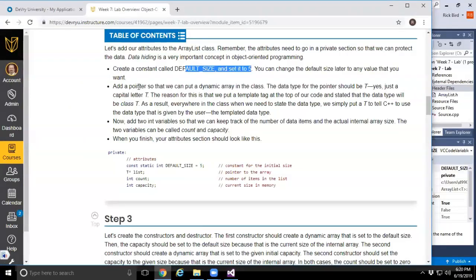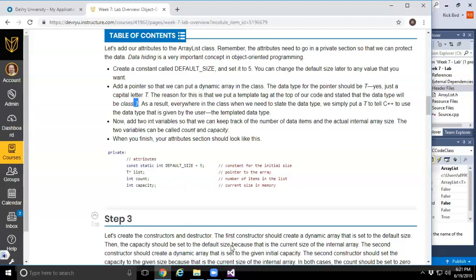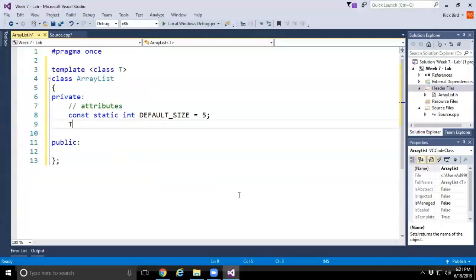All right, so add a pointer so that we can put a dynamic array in the class. The data type should be T, because we have no idea what the data type is going to be. So they're going to tell us the data type by using brackets like this. Just that capital letter T is the class type, and it explains it right here for us. So I'm going to pop over here, and let's see, down here, T asterisk list. I'm going to say T pointer list,